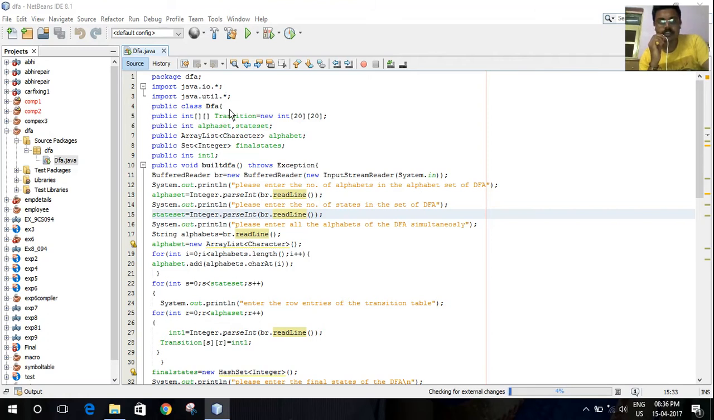and then we have a class DFA in which I am taking a two-dimensional array transition, then two integers alpha set and state set, then we have an array list of characters, named alphabet, then the integer array list for the final states. Then we have int1, then we are taking buildDFA as a function which throws exception,